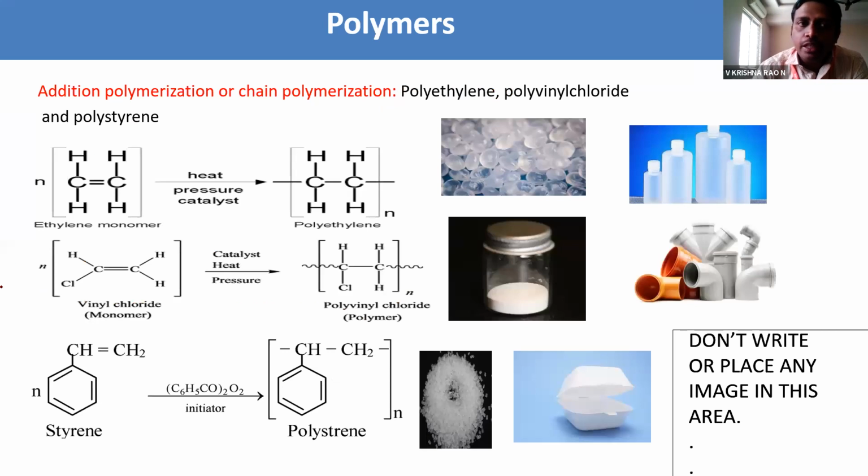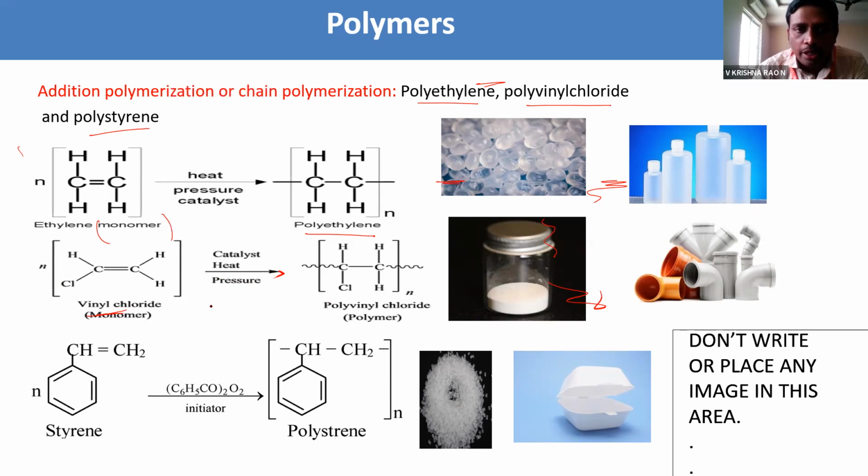Coming to the examples for addition polymerization: polyethylene, polyvinyl chloride, and polystyrene. For example, ethylene is a monomer. In the presence of heat and pressure as a catalyst, it produces polyethylene. If on ethylene you replace 1 hydrogen with Cl, you will get vinyl chloride. On polymerization,